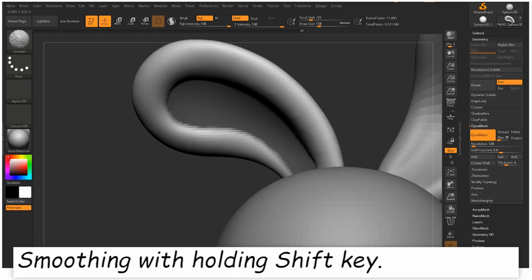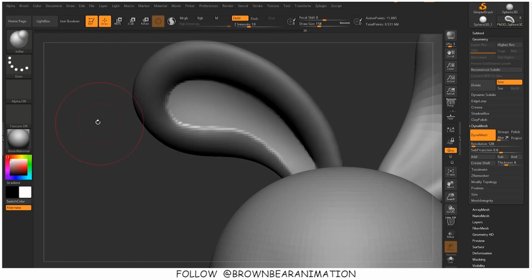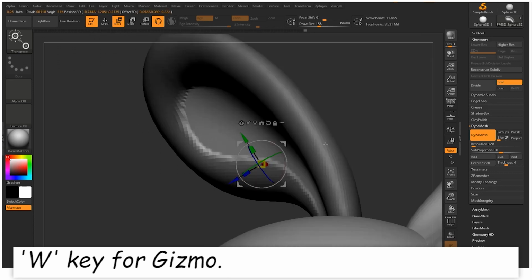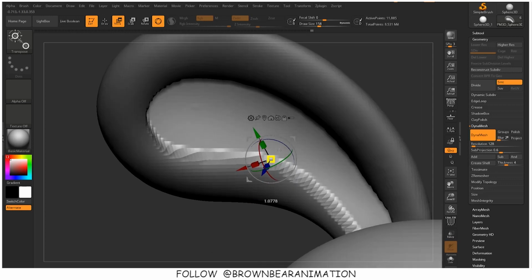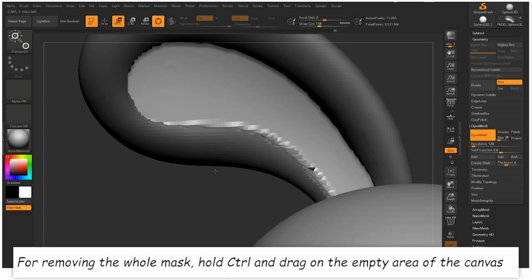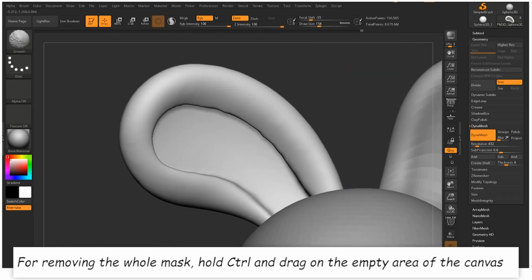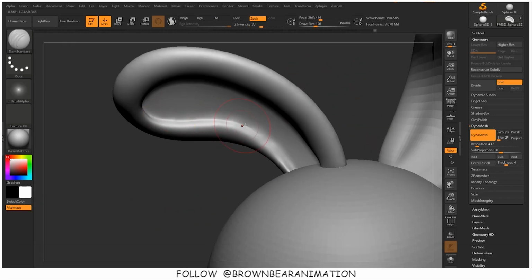Then after that I turn on the Dynamesh, then I smooth out the mesh. While doing such type of steps your model gets a little jagged from the edges, so I smooth it out, then clear the forms with other brushes, and by other brushes I mean the Dam Standard brush. In this case, Dam Standard brush for making the edges of the inner part more clear.